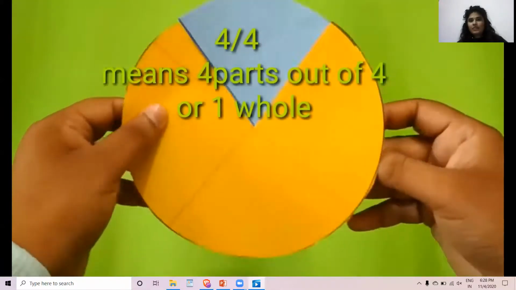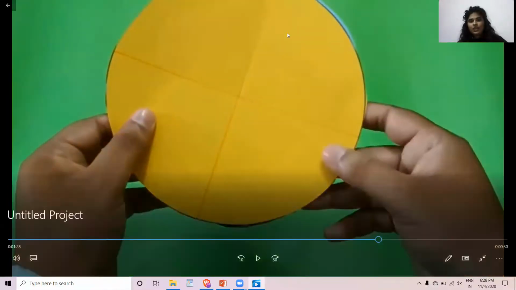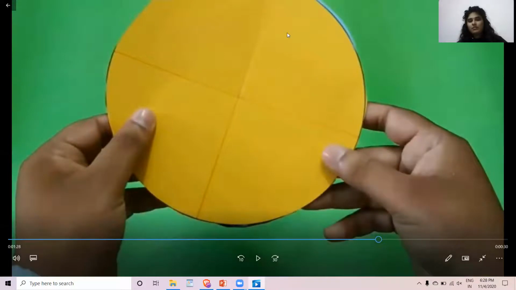Now again I'm dragging one more part. So here you can see the yellow part cover the previous circle. So now I have 4 parts, and among the 4 parts I'm talking about total 4. So this fraction must be equal to 4 by 4. Why 4 by 4? Because total part is equal to 4, so denominator should be 4, and I'm talking about itself 4 parts, so 4 by 4 is the fraction.